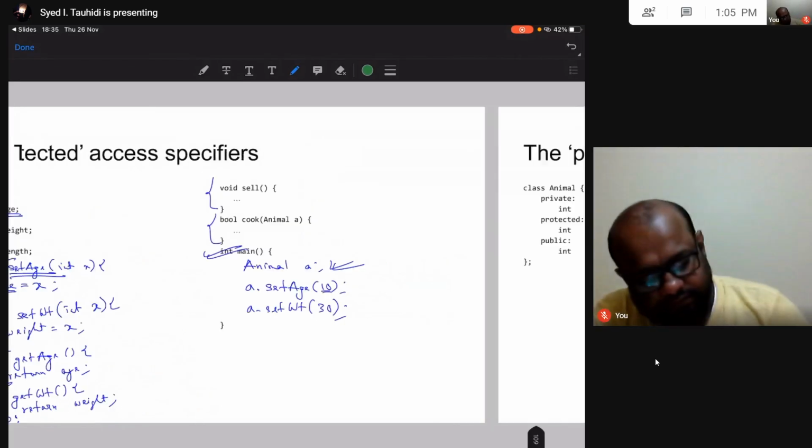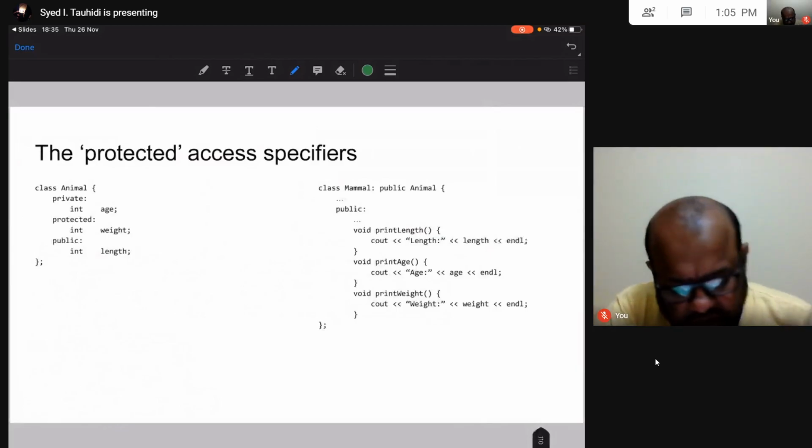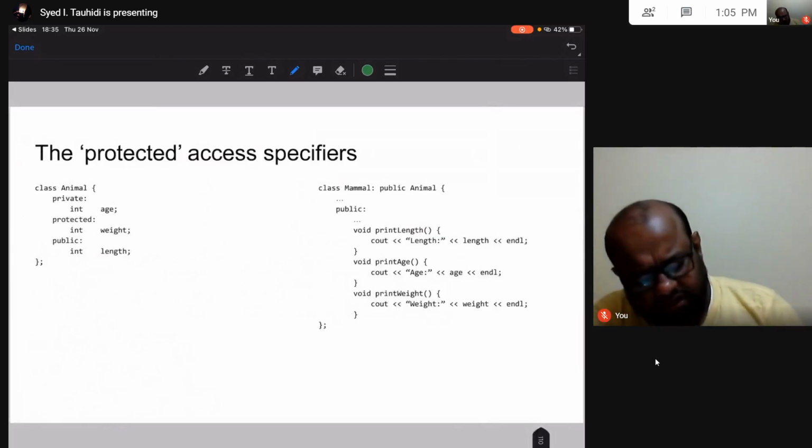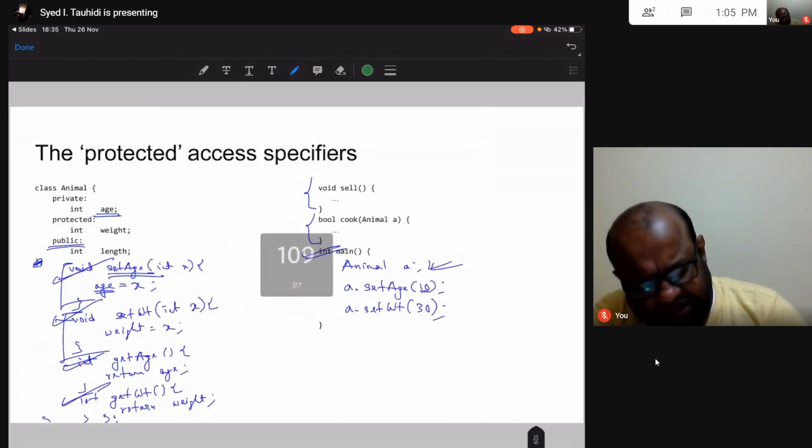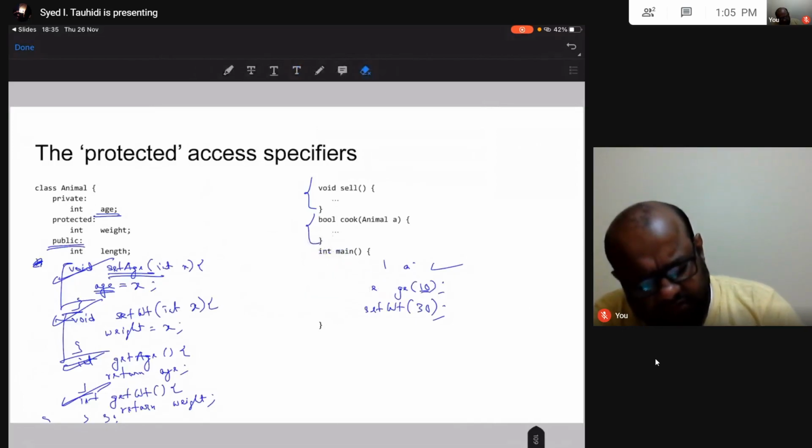Alright, once again let us talk about what we were talking about before. I have 3 attributes in here.